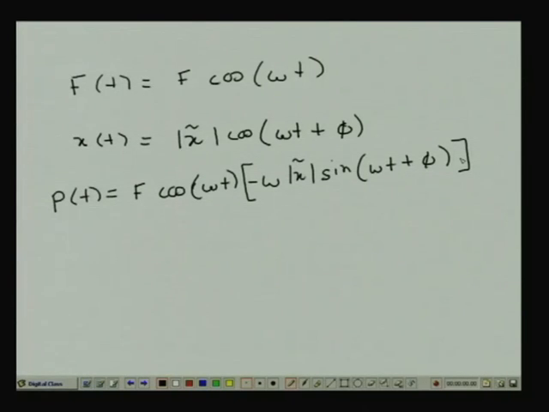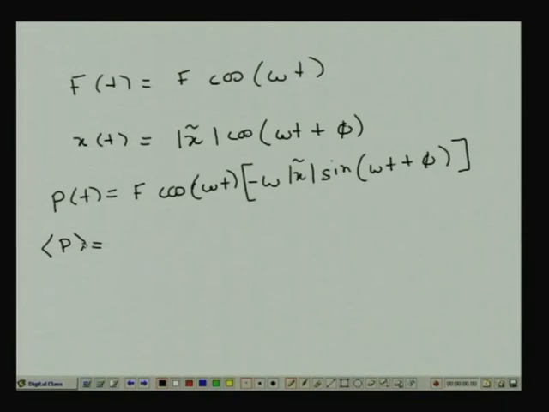So, this gives us the instantaneous power. Now, the instantaneous power is not always the thing of interest. Quite often we are interested in the average power. This is my force, driving my oscillator. On the average, how much power does the force transfer to the oscillator? So, we would like to calculate the average power, and for that we have to take the time average of this whole thing. We have discussed earlier how to calculate the time average of oscillating quantities, so let us apply those things over here.